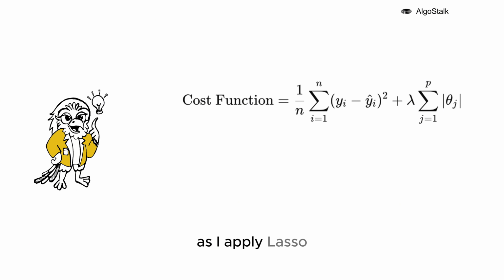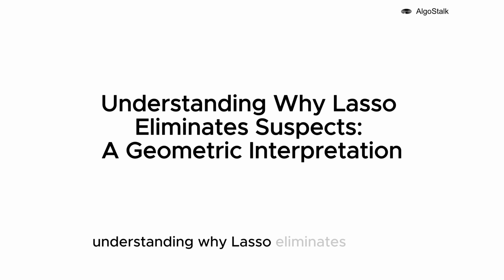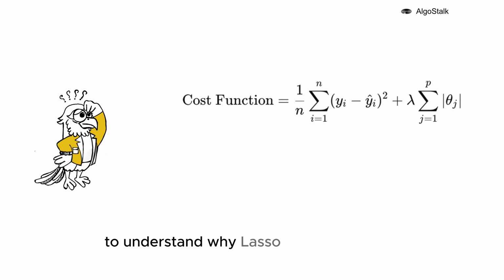As I apply Lasso, I witness irrelevant features beginning to vanish, leaving only the most critical suspects in play. This process simplifies my analysis, making the case clearer and easier to solve. Understanding why Lasso eliminates suspects, a geometric interpretation. To understand why Lasso is so effective at eliminating suspects, I need to dive deeper into the math behind its